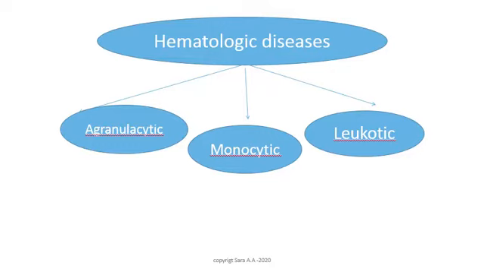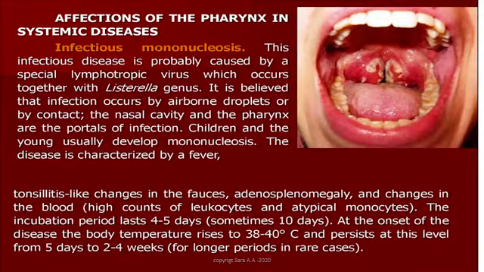We can experience acute tonsillitis during hematologic disease also. Hematologic disease may present as monocytic or leukocytic angina. Affection of the pharynx in systemic diseases means this is an infection, probably caused by a special lymphotropic virus. We mean the Epstein-Barr virus